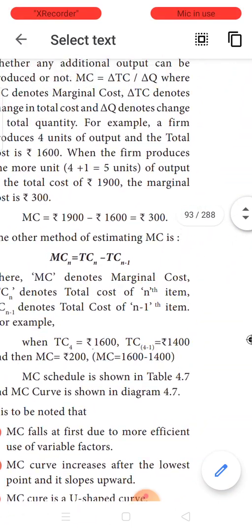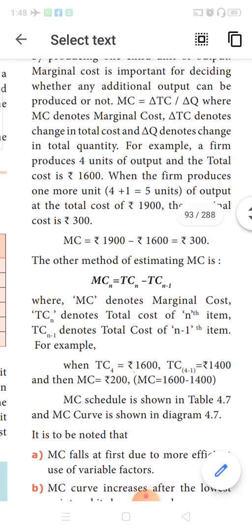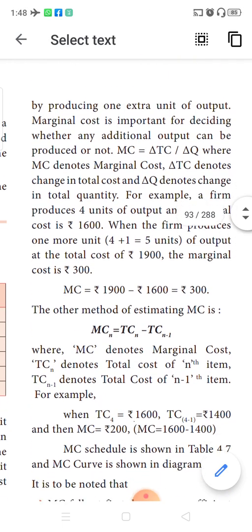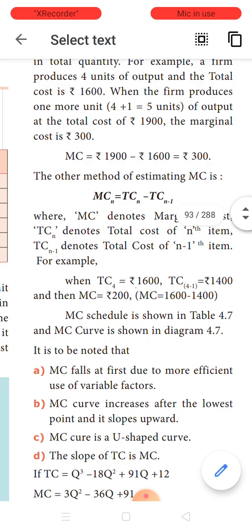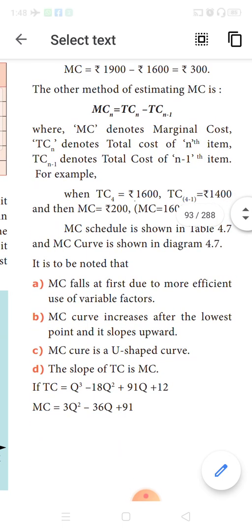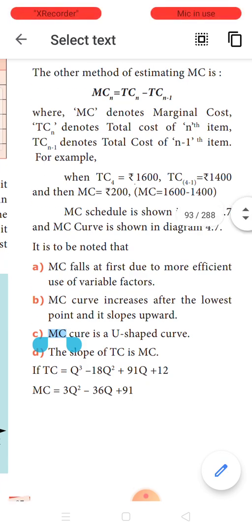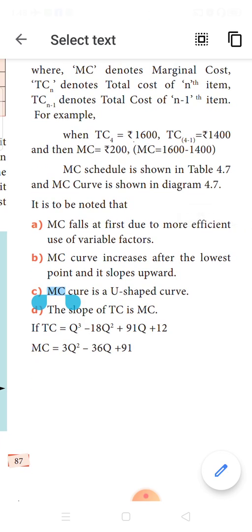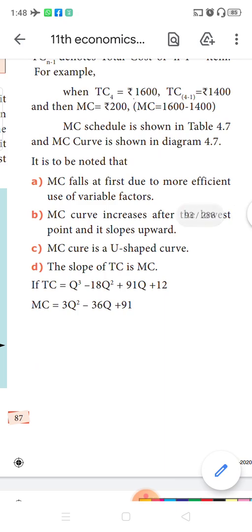Whatever I have explained to you, the same thing is given in this paragraph. The formula for calculating marginal cost is what? TC(n) minus TC(n minus 1). And the point to be noted from the interpretation that is understood from the table and graph is that MC, marginal cost,